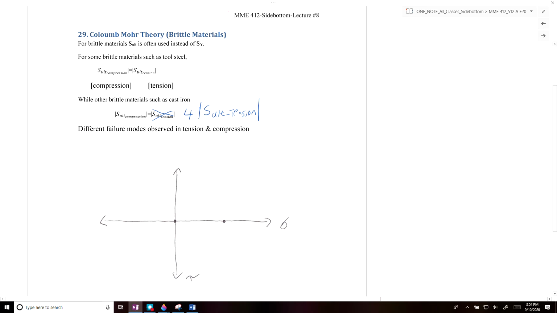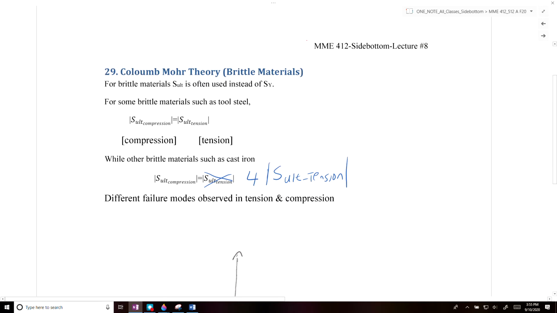In this topic, we're going to talk about the Coulomb-Mohr theory, which is used to predict the failure of brittle materials. For brittle materials, often they don't have much plastic deformation in their stress strain diagrams. So typically, instead of reporting a yield stress like you would for a ductile material like a metal, like aluminum or a steel alloy, typically you use